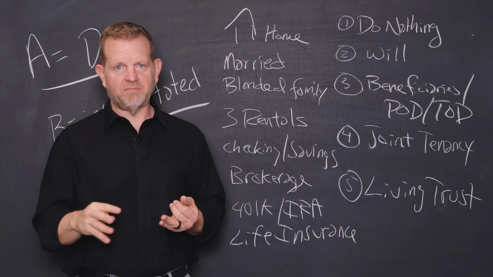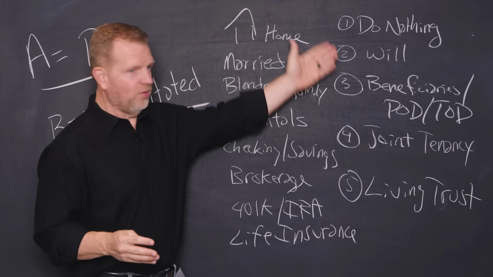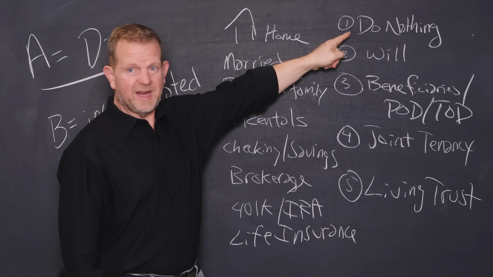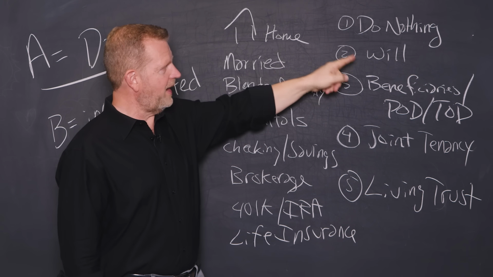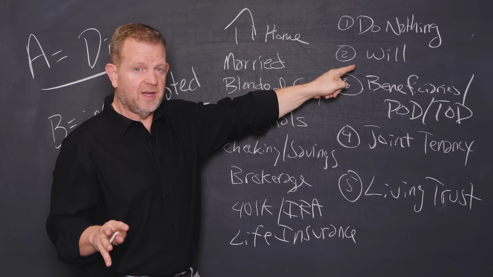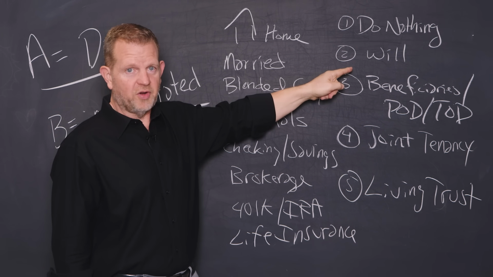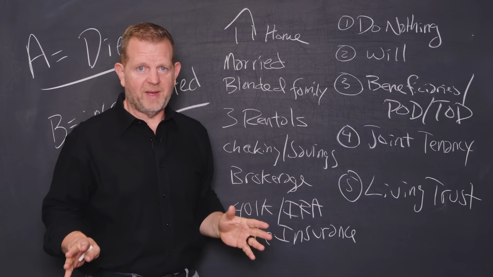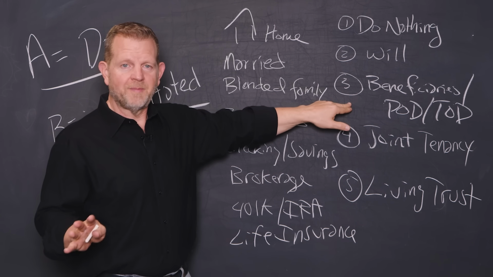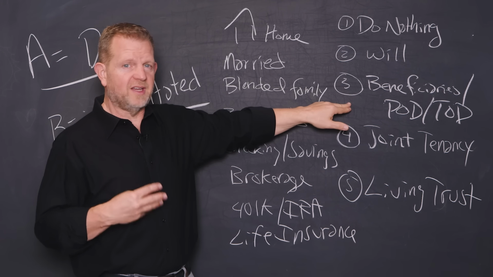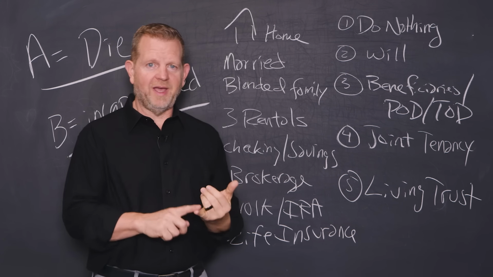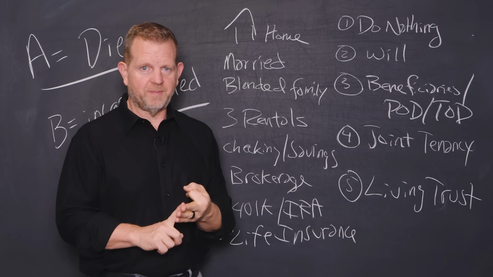And then let's just compare the options real quickly of what we just had, right? We had do nothing, and that would cause a lot of chaos on death and incapacitation. We used a will, which is not much better, but does help with distributions after death and still usually has court involved, almost always, and it does not solve anything for incapacitation. We had paid on death, transfer on death beneficiaries everywhere, which is okay, I can avoid probate for certain accounts, but it does not solve incapacitation. And it absolutely can break with minors, blended families, or any sort of complex ownership.